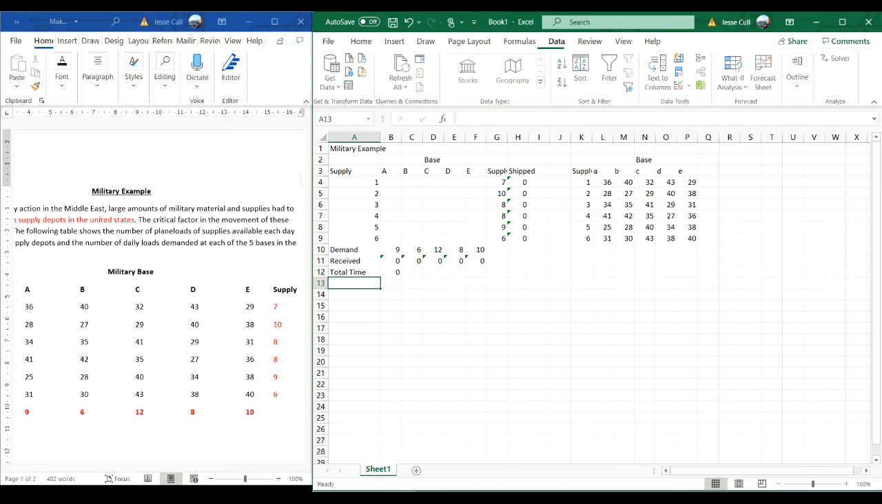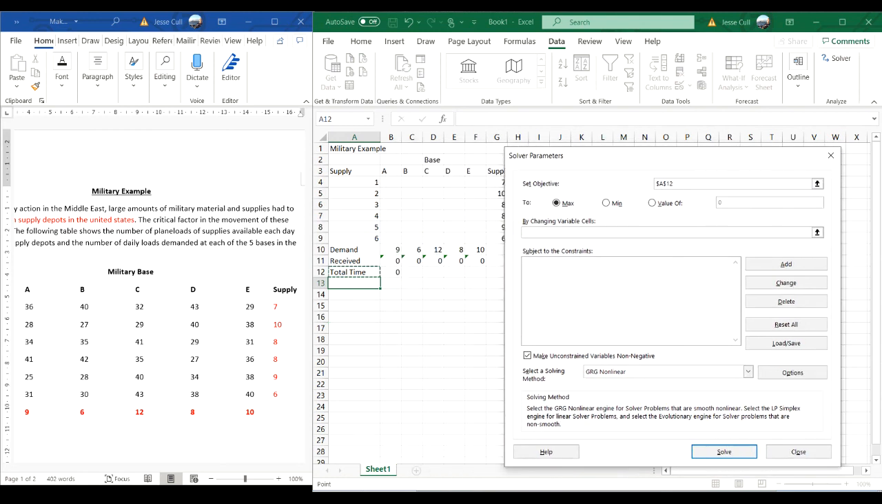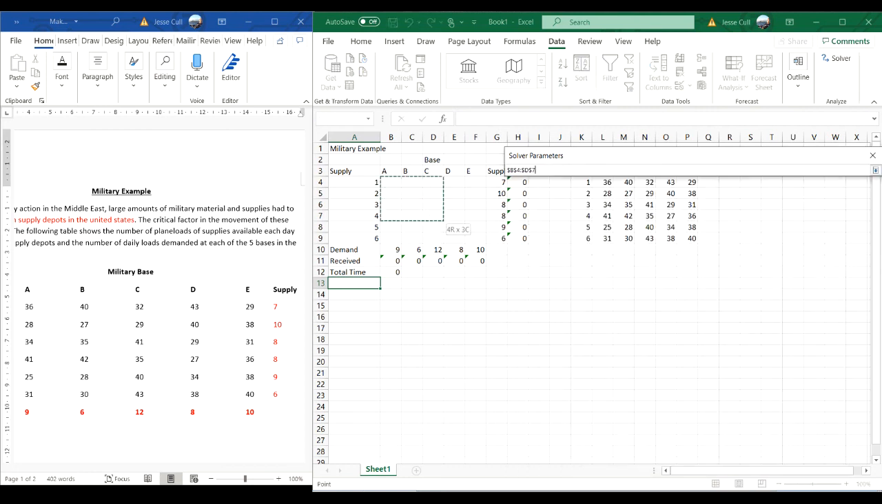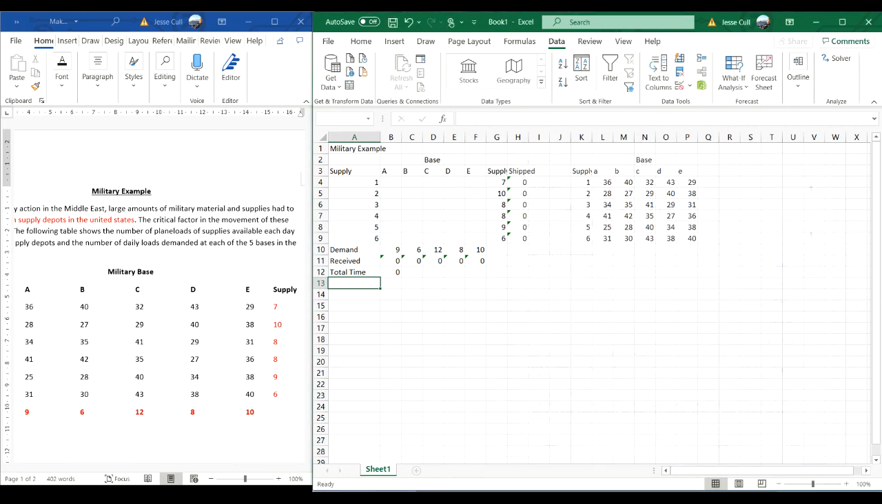Data, solver. As always, we adjust our set objective is to determine the total amount of time. We're minimizing because it's a transportation problem, and we're changing these cells, B4 through F9. That is what the computer is going to run permutations of. So we hit simplex LP, and then we add two